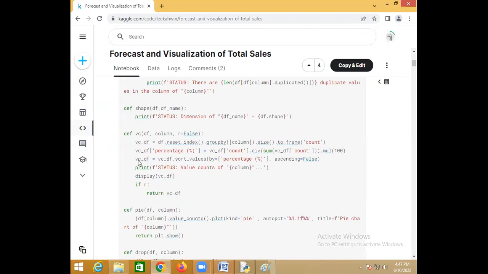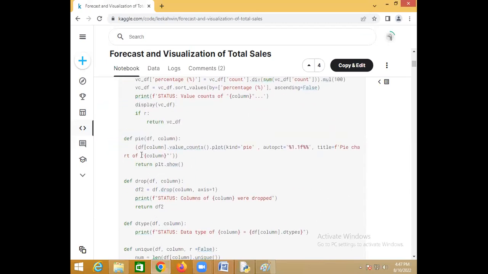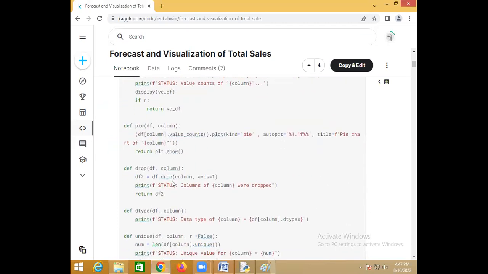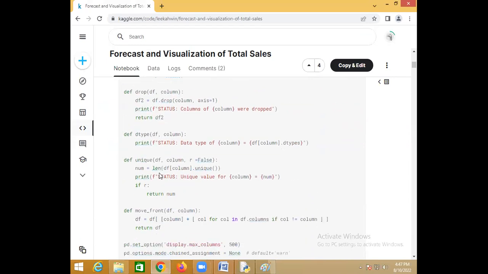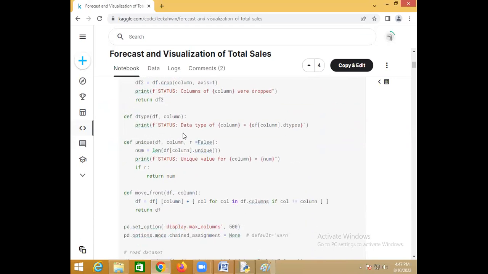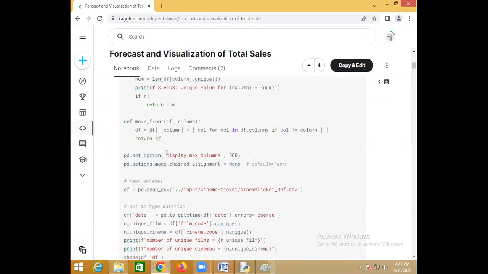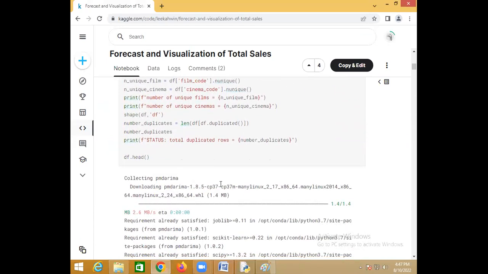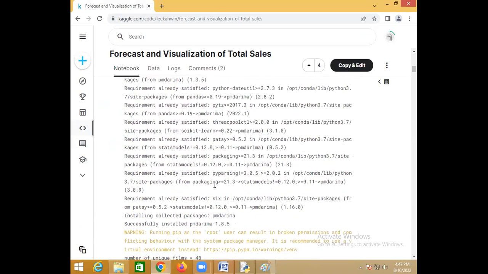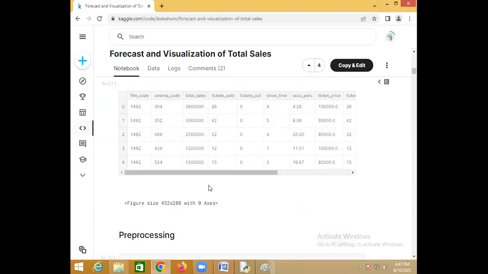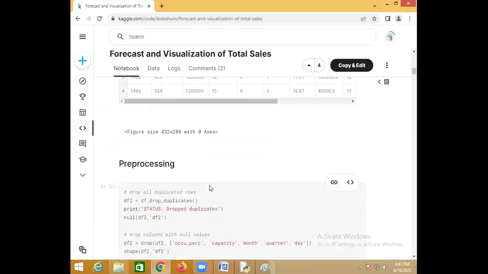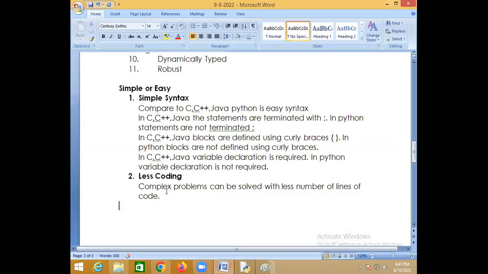See, how many lines does this function have? 1, 2, 3, 4, 5, 6, 7, 8. How many lines does this function have? 1, 2. And this function has 1, 2. This function has only one line. It means in a complete project, the functions don't have so many lines of code. Because Python lets you write everything in one line or two lines, so that you can call it less lines of code. Now the third one is,